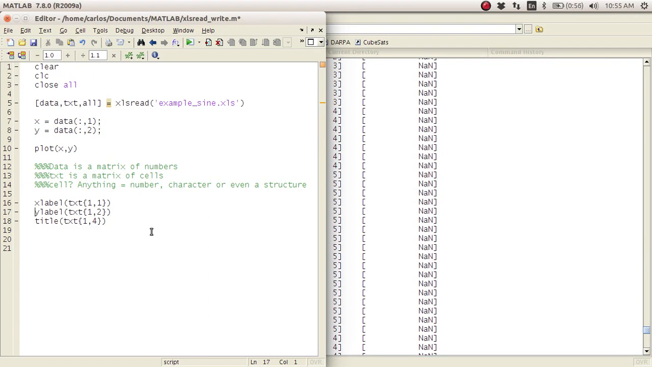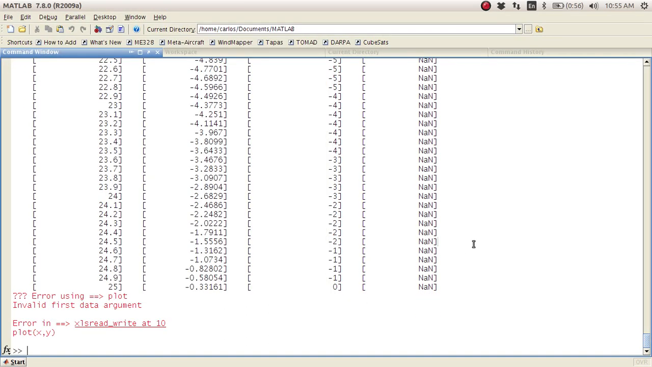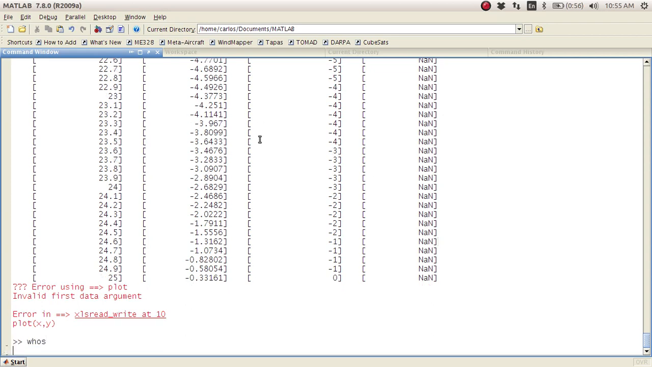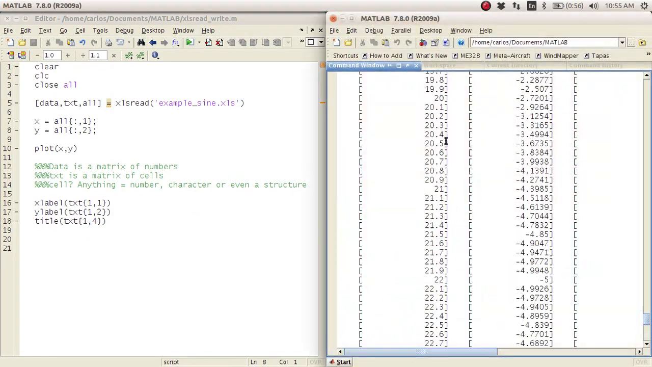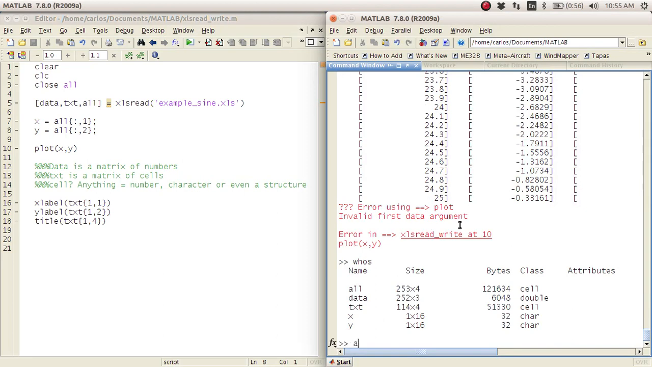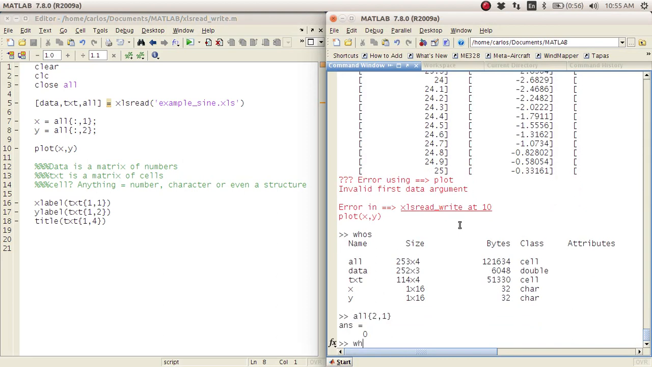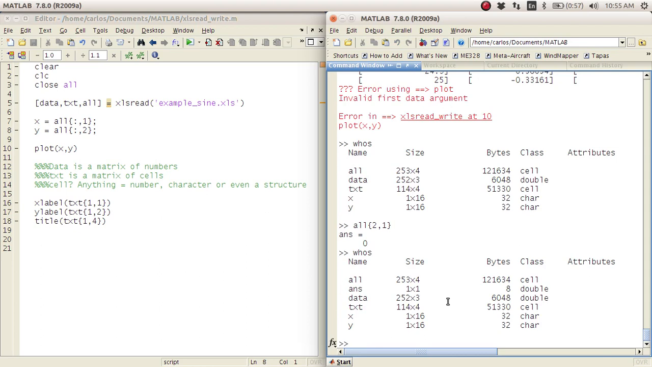So if I want to, instead of grabbing X from data, I can grab X from all, except now I have to use curly braces. And this may throw an error. Cell arrays are kind of weird. Let's type in whos, what is X? X is a character. Okay, so then here's another weird thing. If I type in all of 2, 1 and type in whos, answer is a double. Oh, okay, that's right. So I don't want all rows. So if I do all of all, 1, like that,